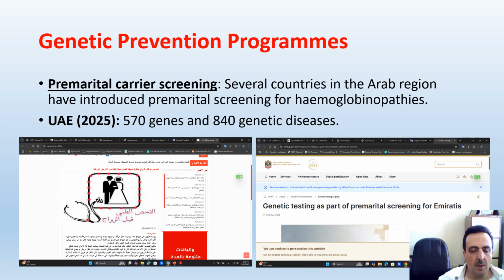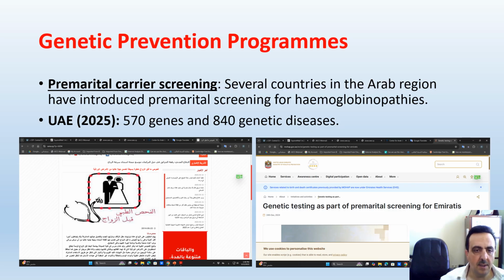Now we have finished talking about genetic disorders among Arabs and how we can diagnose them. Since we don't have any good cure for genetic disorders, the best way is to prevent them by using prevention programs, and premarital screening is one of the best programs that we can use for that, particularly in the Arab region, because in the Arab region, abortion is not very acceptable. So we should do the premarital screening, so every man and woman who are going to marry should go